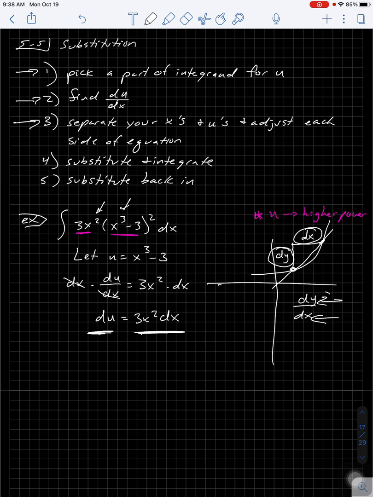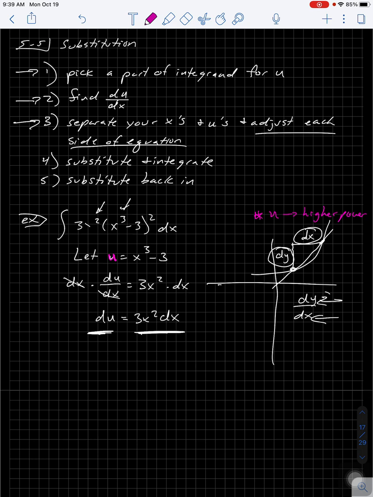So there's no u's on the right, there's no x's on the left. That's the idea. And then you're going to adjust each side of the equation to match your problem. So let's look at this. I'm going to do this in color. You've got your u part. The idea is I want to account for every part of this